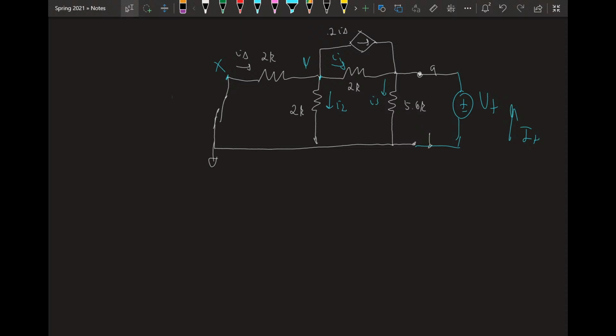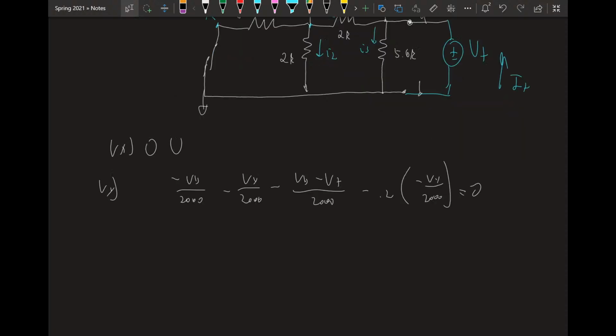This doesn't really help us much. We still don't know what's happening. We want to solve for I test. And we want to get everything in terms of V test and I test and solve for the ratio. So I'm going to choose to use Kirchhoff's current law at node X anyway. So at node X,